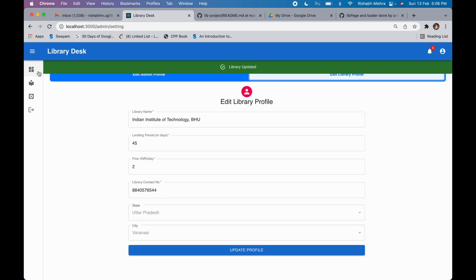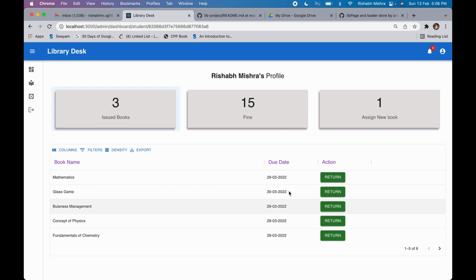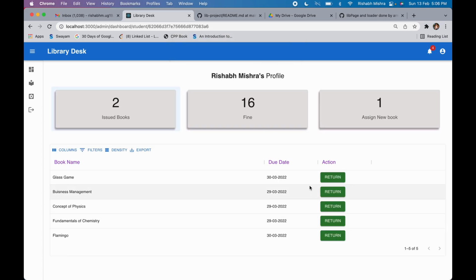And as soon as I update it, the due dates will change. For example, see, now the due date has become 29 because I have updated my lending period, so it is working. Okay. And once he wants to return the mathematics book, just press return and that mathematics book is gone. So this is the complete feature set that our application is handling,